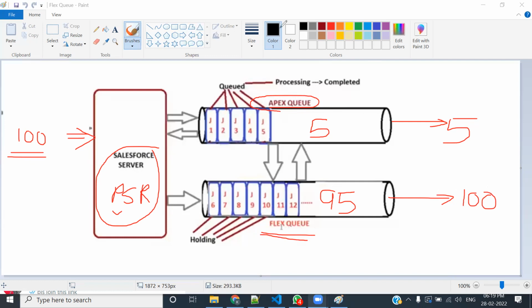Let me modify this. Let's consider that a total of 105 requests have been submitted. The first 5 requests will go to the Apex queue, and the rest of the 100 requests will reside in the flex queue. So basically, if something is common between these two queues, the common thing is that both of them are used to store